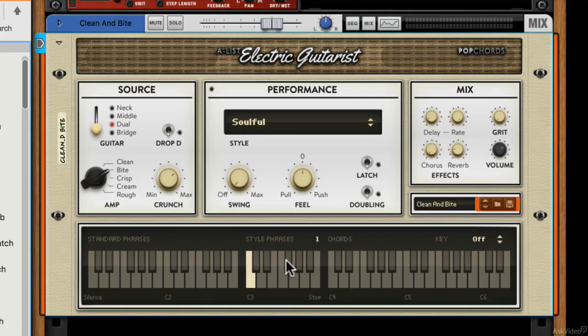Pop Chords A-List Electric Guitarist is an easy-to-use rhythm guitar instrument for Reason. Now, of course, rhythm guitar is not something you automatically associate with MIDI and computers. But this module actually makes it easy to get complex performances and get great control over your guitar parts from